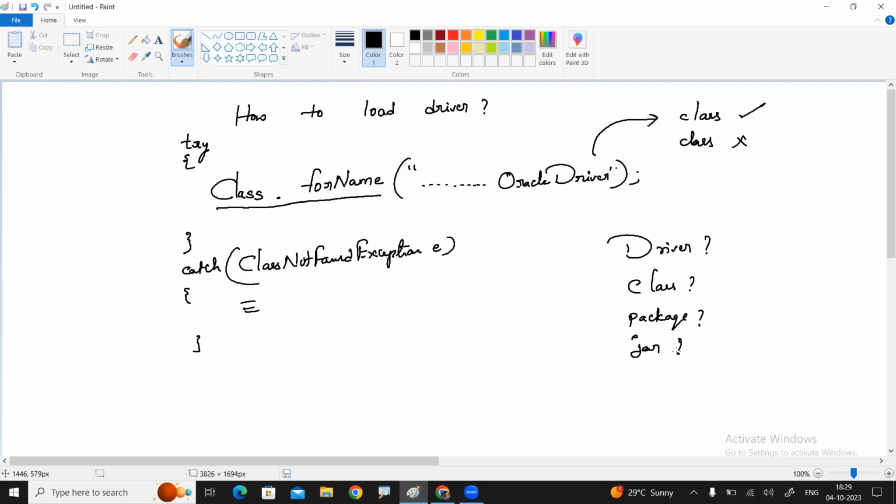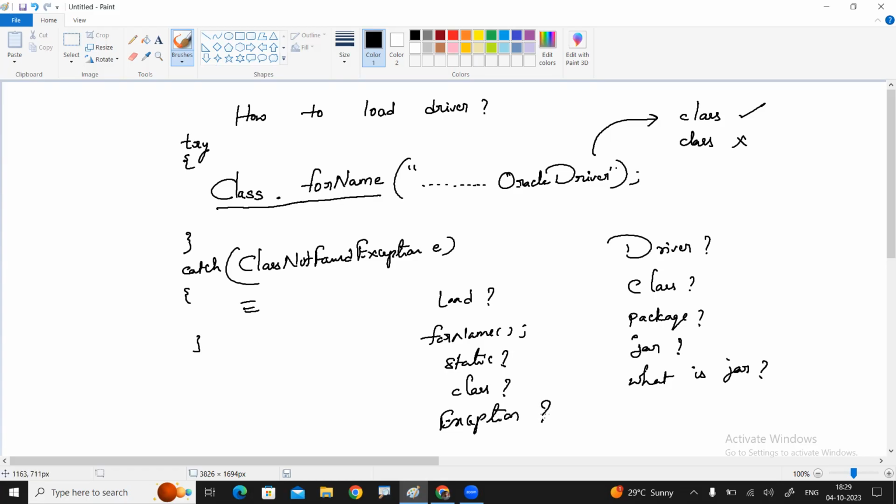In which jar file is it available? Tell me what is a jar file? How to load it? Using which method? Is the method a static method or an instance method? In which class is the method available? Will any exception be raised if the driver is not available? These are the maximum questions that will come about the driver class.